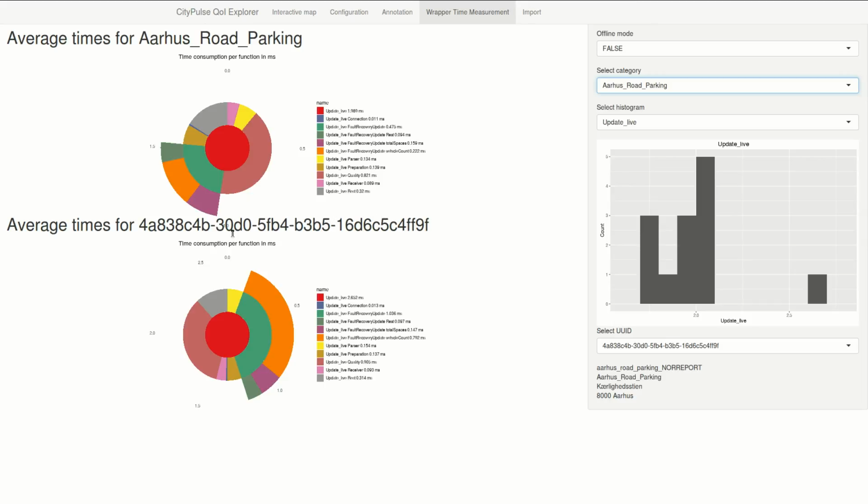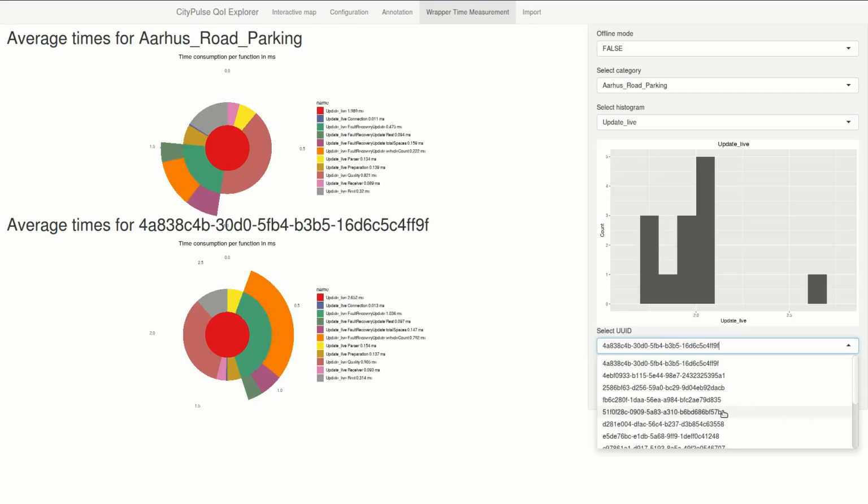Above this diagram we have the average times for one single sensor, so not for the whole category as we have seen above. So this is only for this one sensor, but the graph is nearly the same. To select another graph, we can take this drop-down list and select, for example, another sensor.